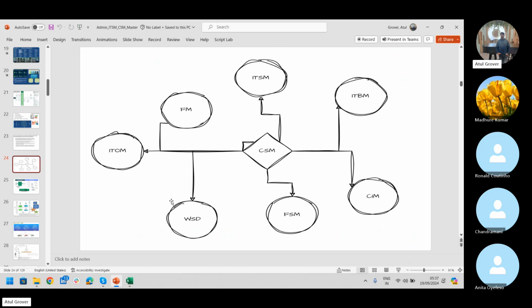Before I go, we have to understand one thing. This CSM is built with the different products or the services provided by ServiceNow. It's a standalone application, standalone platform, standalone product, but it is using concepts from the ITSM as well. It has a relationship with the ITSM. It has a relationship with the ITPM,